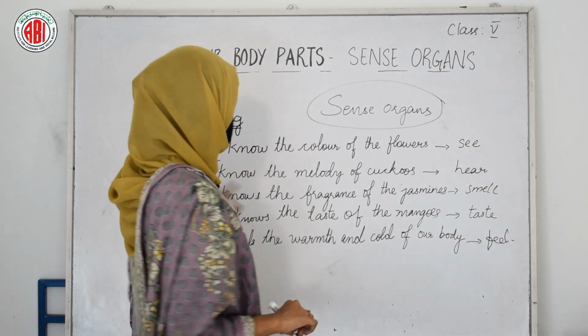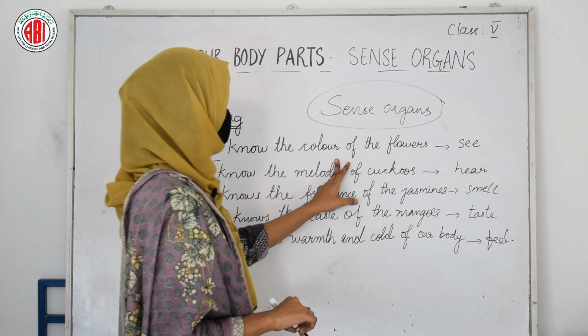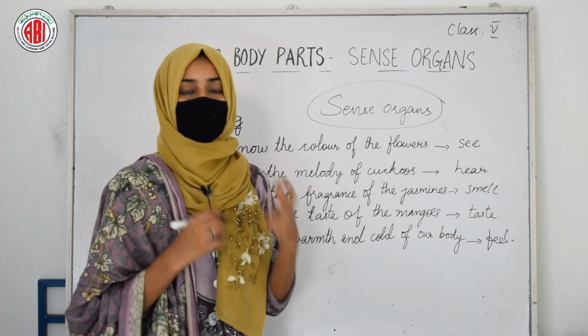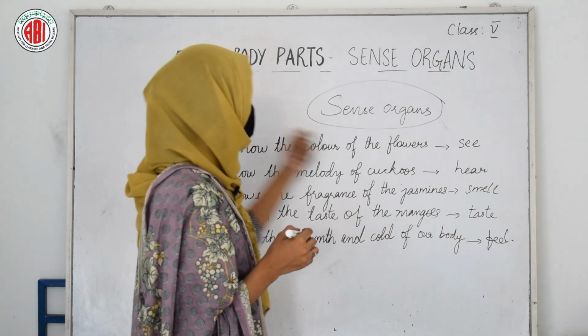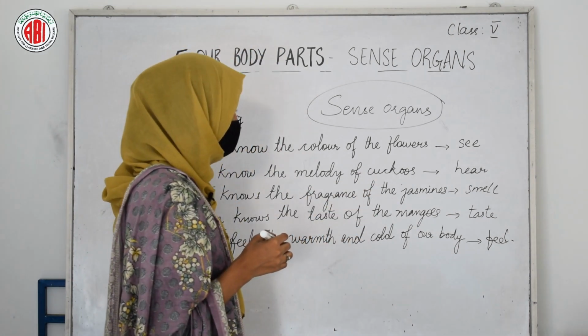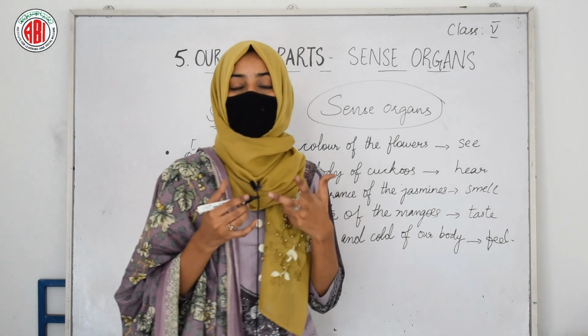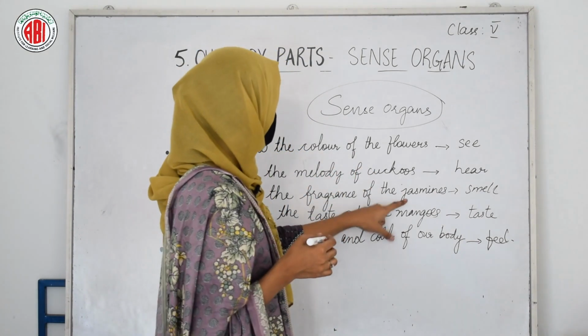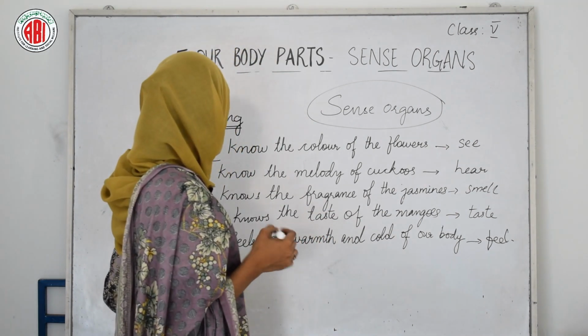So in this way we can see the color of the flowers with the help of our eyes. We can listen to the sounds that are made by cuckoos with the help of our sense organ called ears. We can smell the pleasant fragrance of the jasmine flowers with the help of our sense organ called